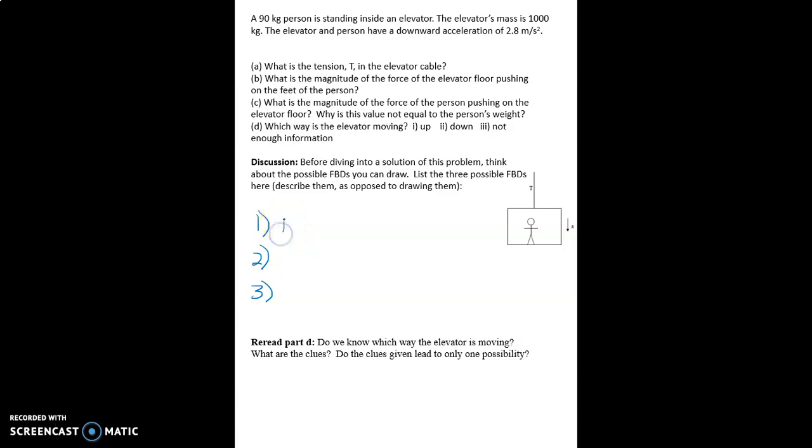Well, we could draw a free body diagram of the person, or we can also draw a free body diagram of the system, and the system includes the elevator and the person. Or we could draw a free body diagram just of the elevator. Now, with respect to part D, I know it's part D. Why are we going to do that first? Well, we can just go ahead and answer it because we have it all laid out for us,